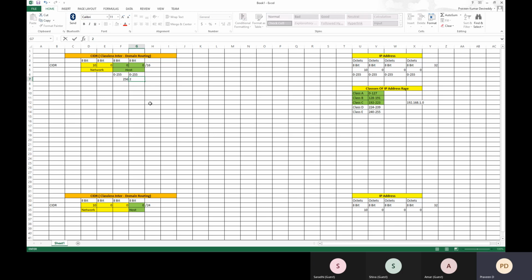Here also total 256. How many hosts are available for me? That is 256 into 256, which is equal to a total of 65,536 hosts available for me if I go with /16 format. If I go with /24 format, I will have 256 hosts. So clear on this? Any questions on CIDR notation?